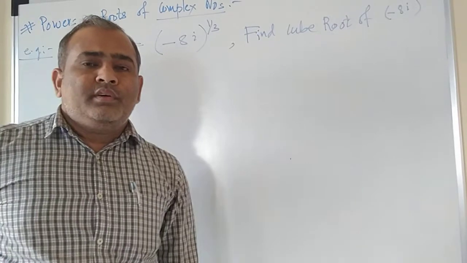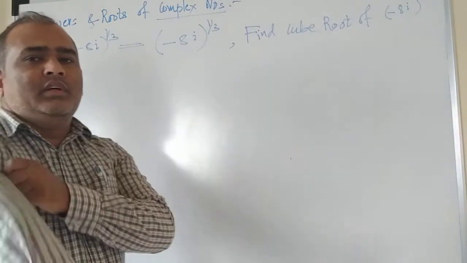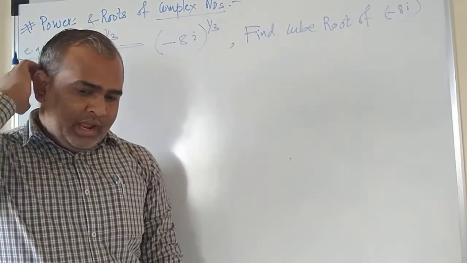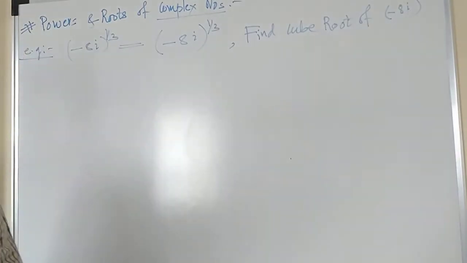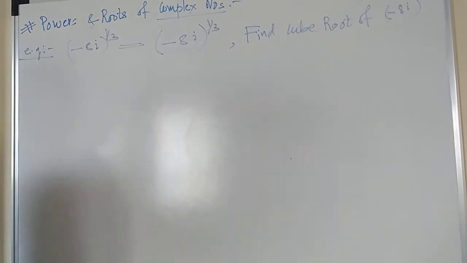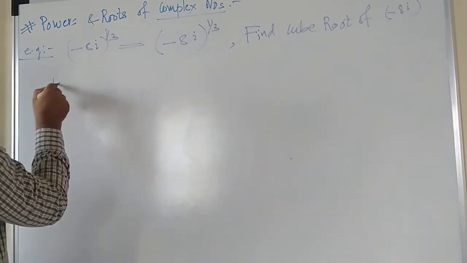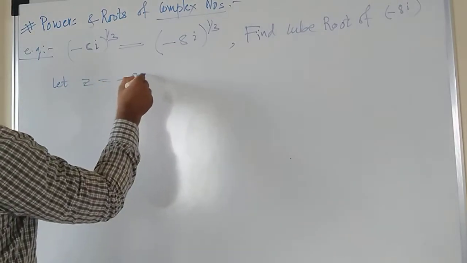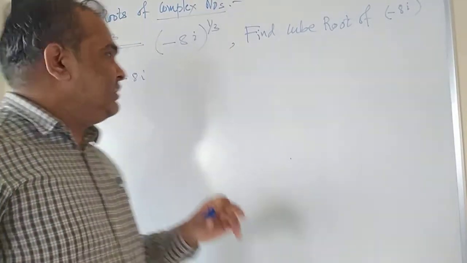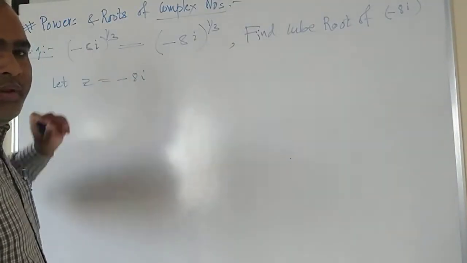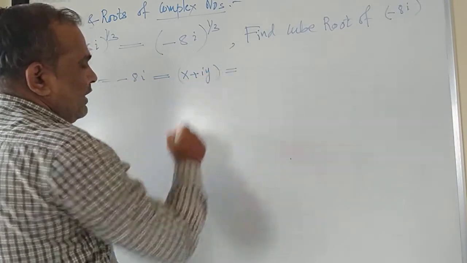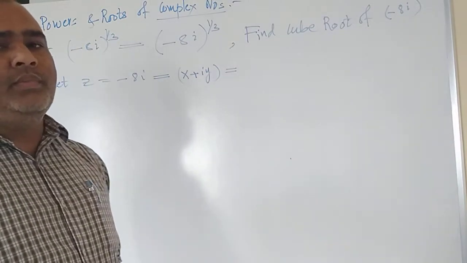Now how to find out the nth root or cube root? You should use the theory of nth root finding, right? And in order to find the nth root or cube root of minus 8i, you should write the given problem in terms of x plus iy. Now let z equal minus 8i. Let us think about its cube root later on. First, let us assume that this number is z, a complex number, and this number must be in terms of x plus iy, right? If it is not in terms of x plus iy, you should write it in x plus iy form.